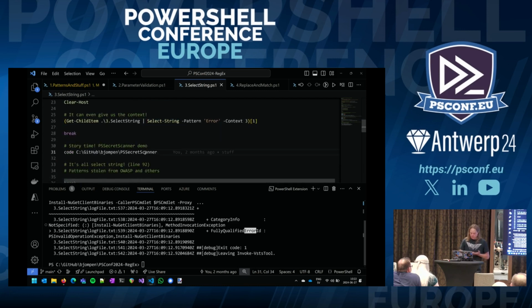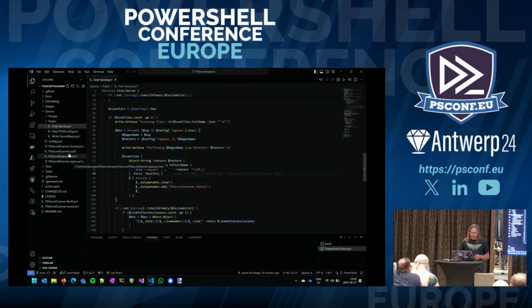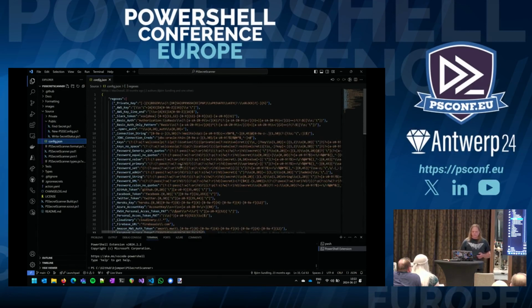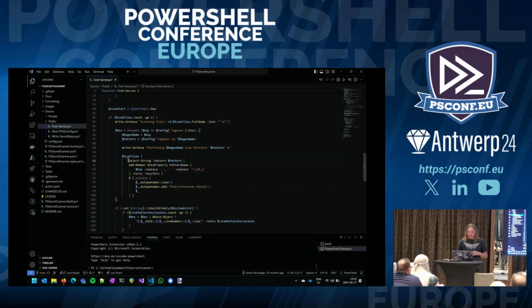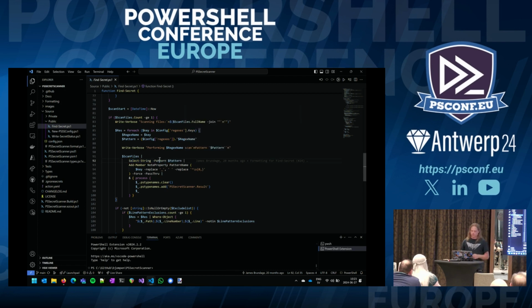Now, you can even go all in and go all out and build like insane patterns like this. And you can end up with a secret scanner. I published a secret scanner like 2 years ago that simply scans your code for secrets, and you can run it. It will tell you, okay, have you checked in, or have you published some kind of password in your code? And it will fail if so, and so on. And it's really, really good. And it's based simply on this. That's basically the whole module. Select string and a pattern. It's really good.